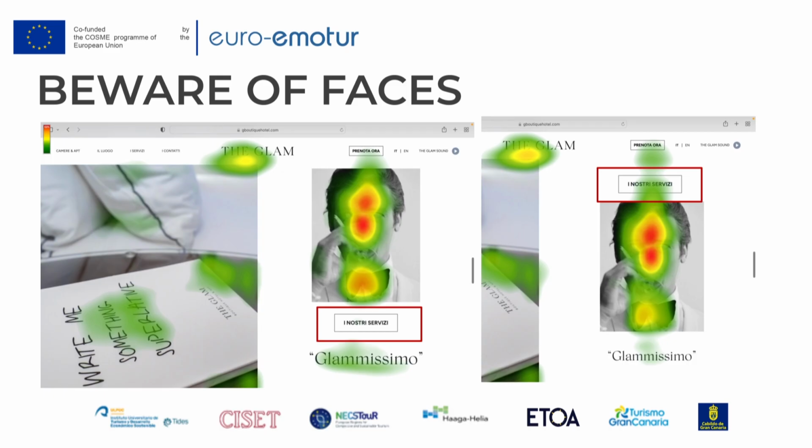Be very mindful of people's faces and how you place them on the web page, and if you really want to attract attention to that specific product, that specific area of the website where the people's face is, because automatically it will be led there. So don't do it in an unaware way. And that was the last example for this short excursus on some of the